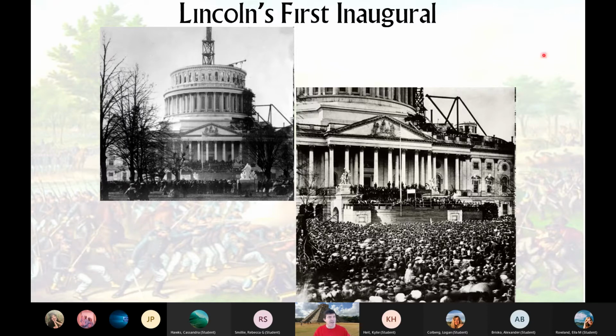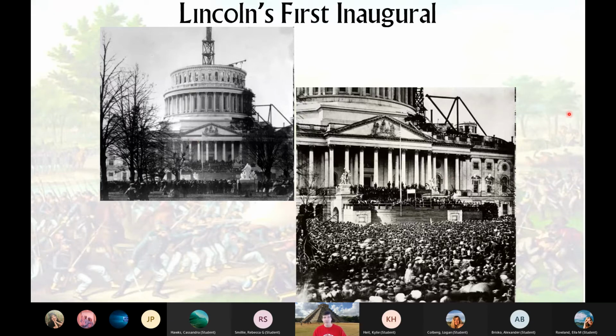And here you can see the rotunda. The smaller rotunda had been replaced; they're replacing it with a much bigger rotunda, the rotunda that's on the Capitol today. And they were building it during the Civil War. And I love that picture with the scaffolding and the crane, see it being built. And once they finish it, the U.S. Capitol will be an almost exact smaller copy of St. Paul's Cathedral in London. And so here's Lincoln being inaugurated.